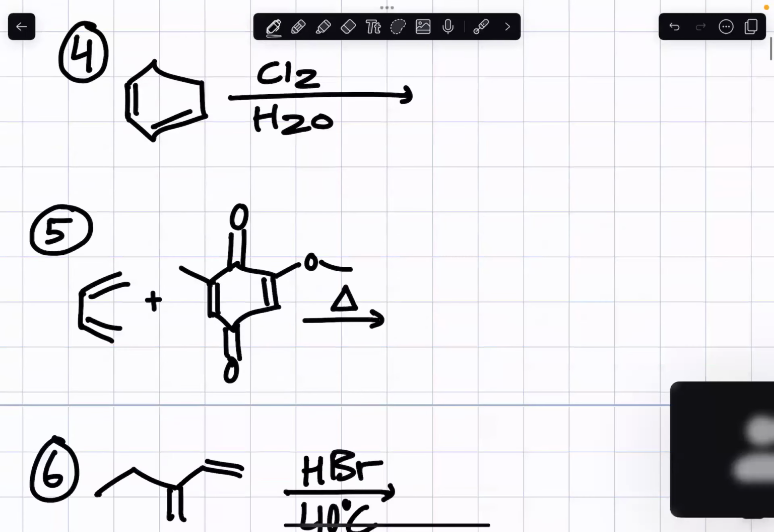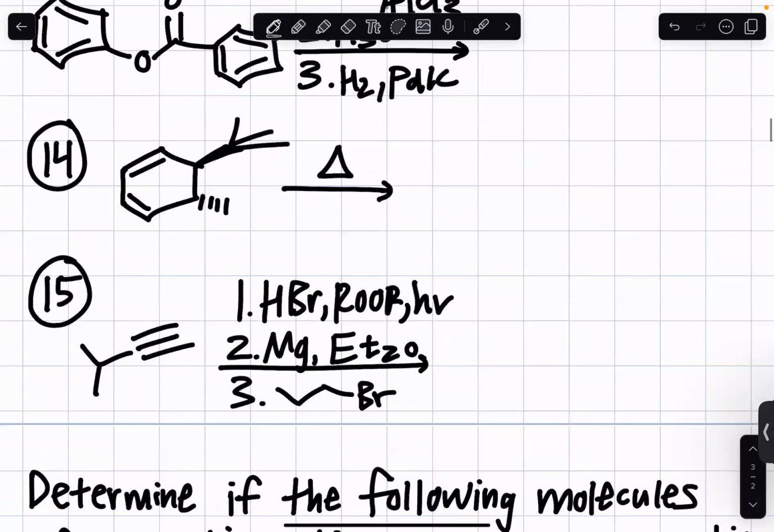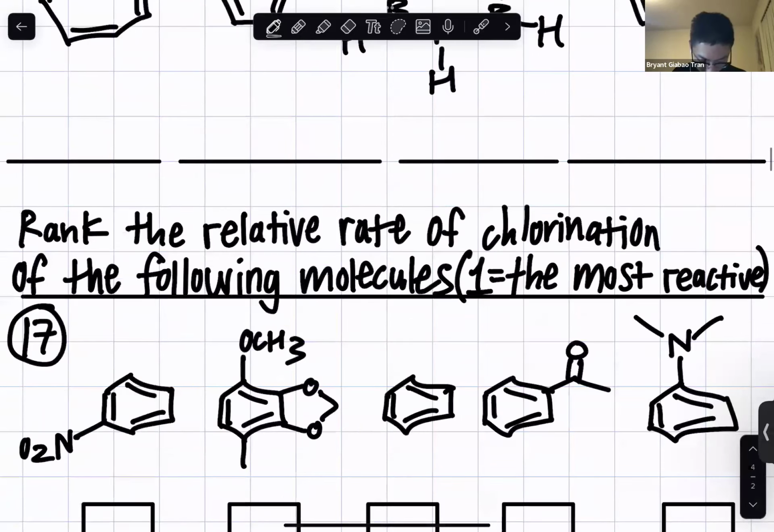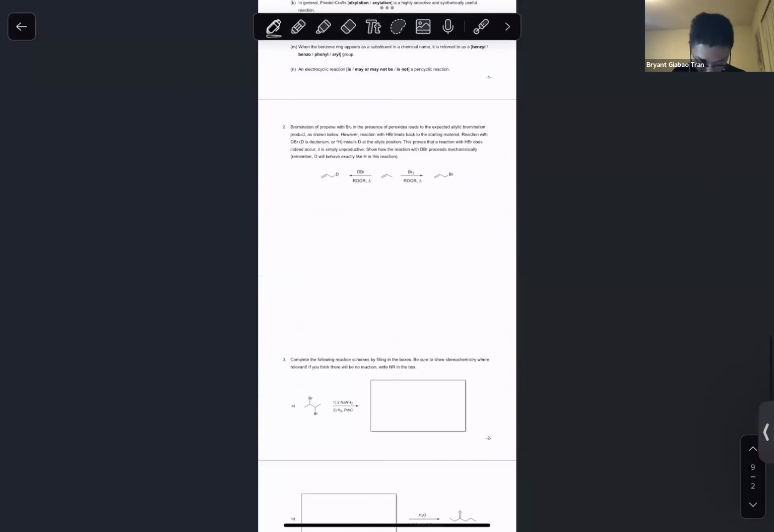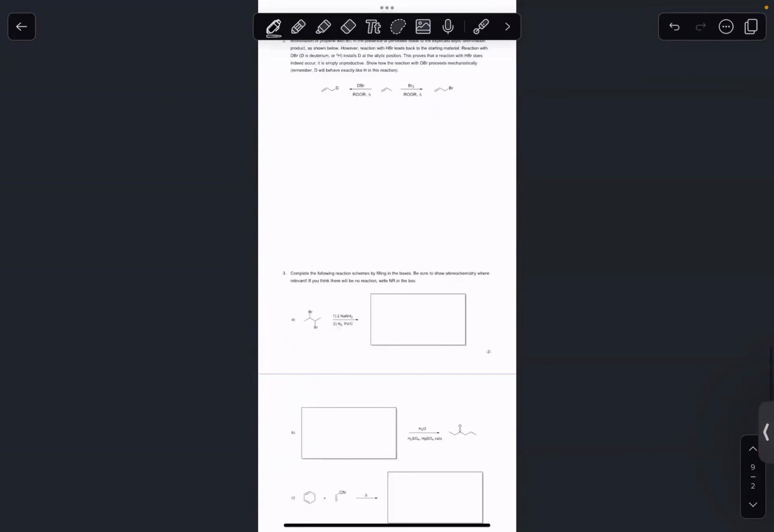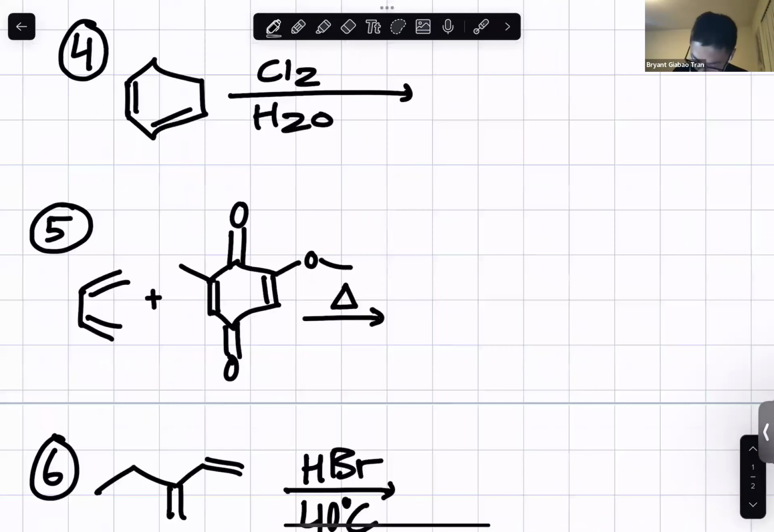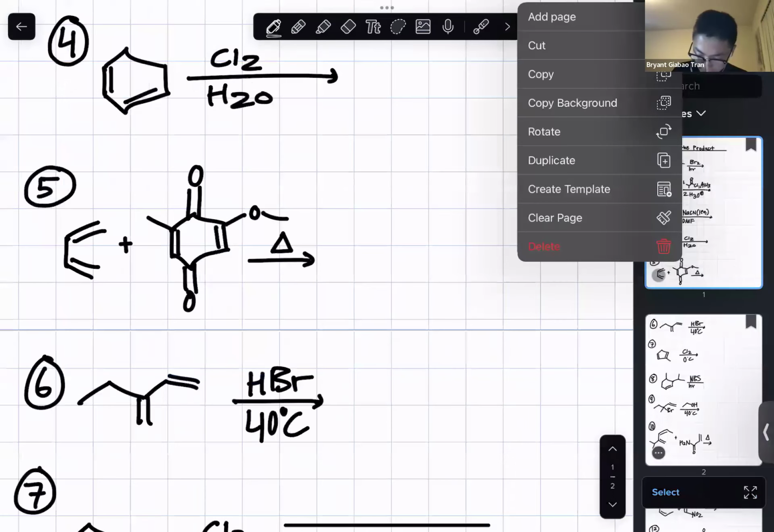Yeah, I actually had two questions on that. Number five and number eight. On five, I just didn't know how you got the stereochem for the methyl on the dienophile. On Mascal's practice midterm, he posted. Oh, I see this one. Right. So for this one, number 5, this is a Diels-Alder